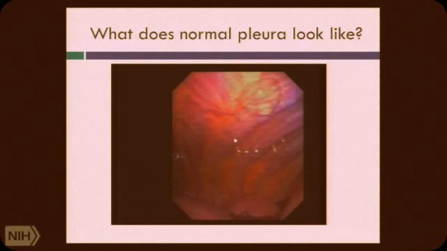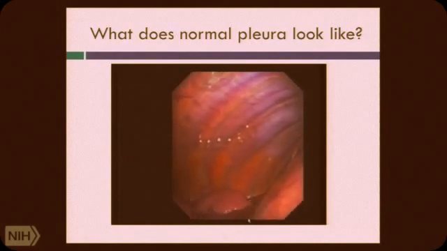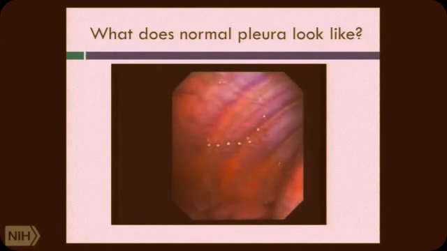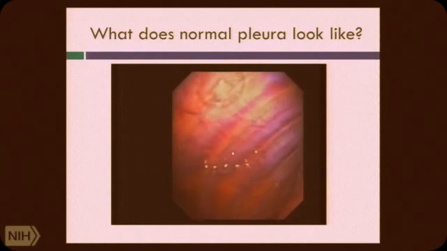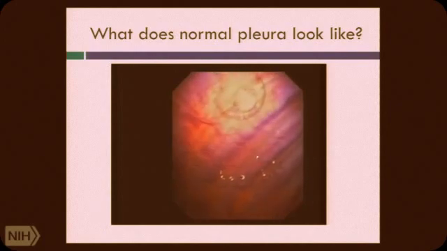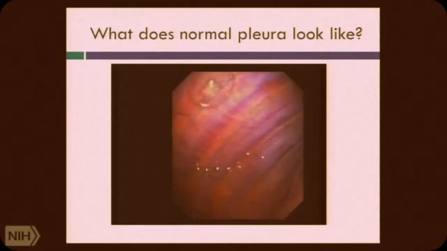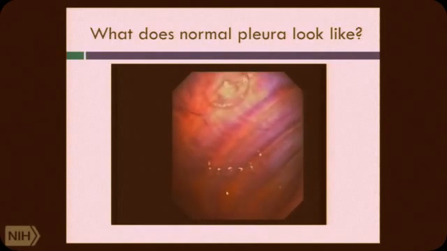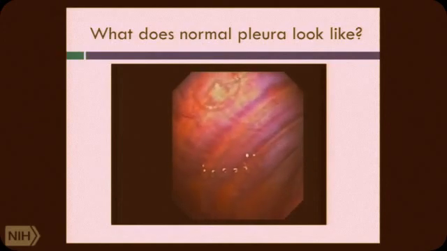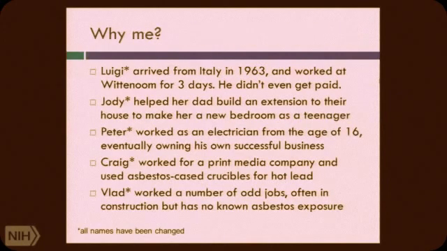This is a look down a telescope, with thanks to my colleague Dr. Gary Lee. And this is the normal pleura. You can see the beating of the heart. These brown, purple lines are the ribs. It's smooth, it's shiny. This is pretty much a normal appearance. Now, once I move on the slide,